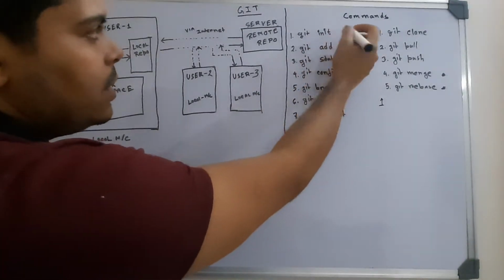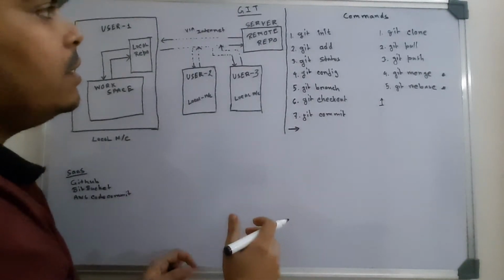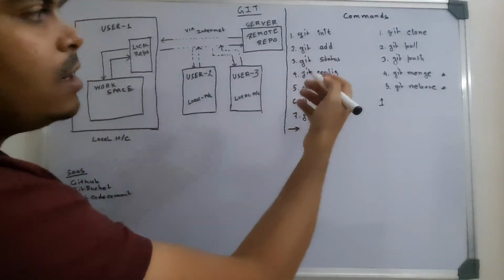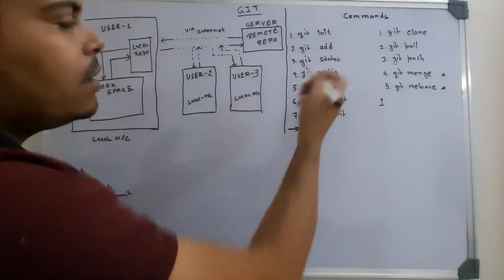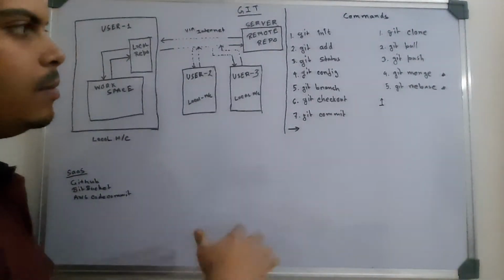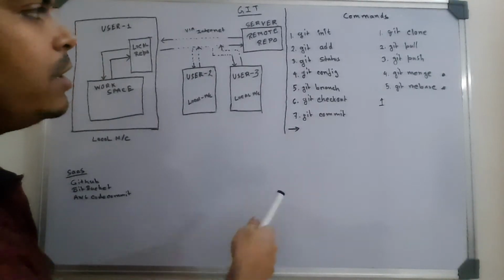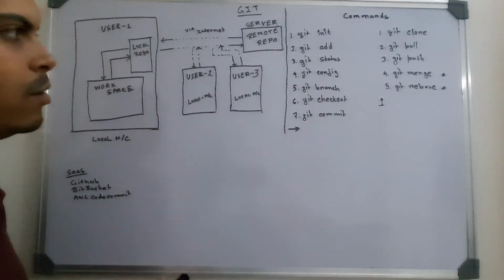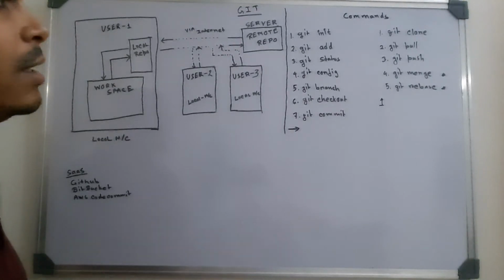The first command is git init. Using the git init command, you can initiate a Git repository, and then using git add, you can add your code files one by one, JavaScript, HTML, whatever you are writing, into Git. Then git status gives you the full status of your local repository: which files are not added, which files are added but not committed, and which files are committed. Then git config: with this command you can configure your Git repository, remote repository, local repository, credentials, emails, user IDs, all these things.